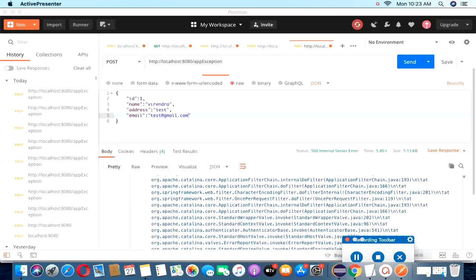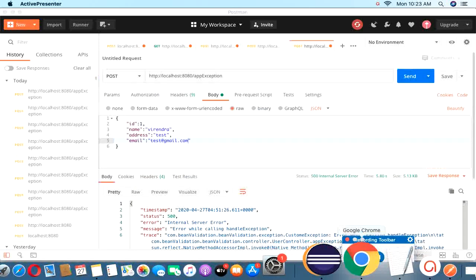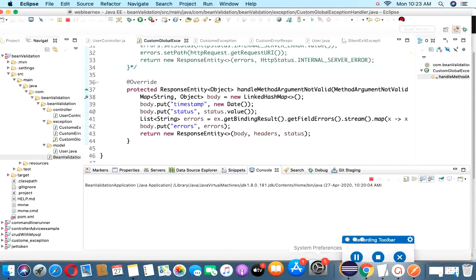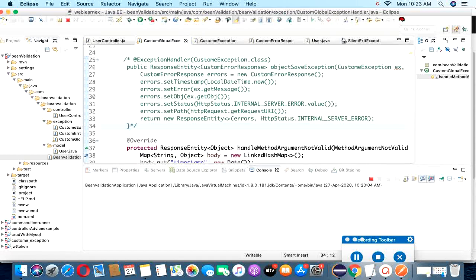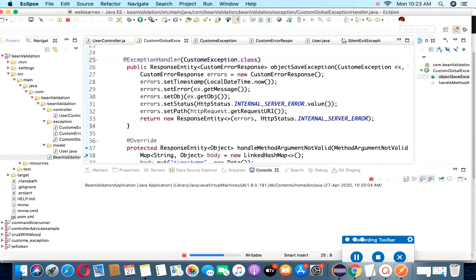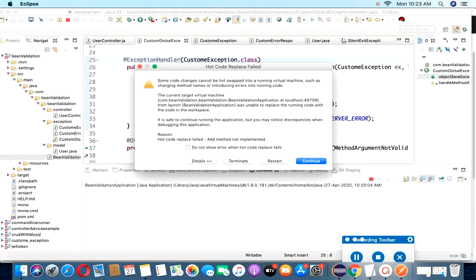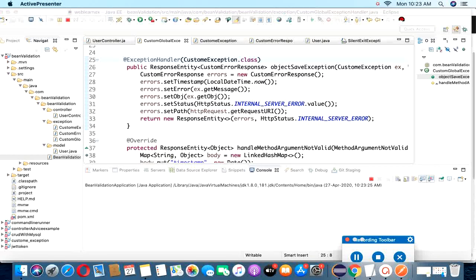It is showing valid information because of the ControllerAdvice annotation. Let me show one thing here. Let me uncomment this custom exception. So now if I uncomment this exception, then it will show the message whatever I have mentioned here in this code.